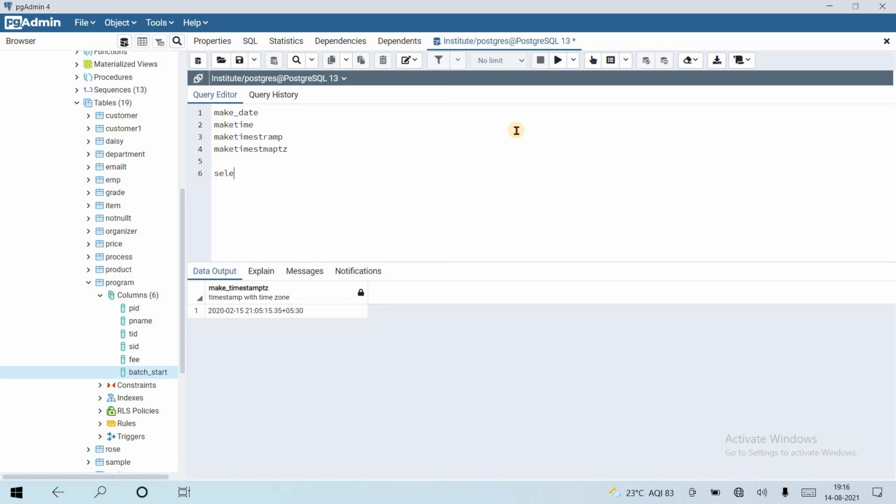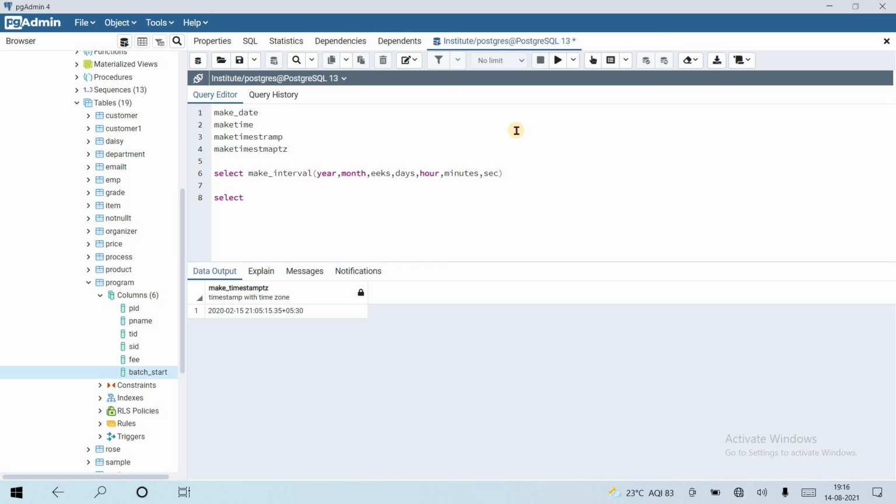With the help of an example, directly select make_interval. Suppose the syntax is year, after that month, after that weeks, after that days, after that hour, minute and second, like that.